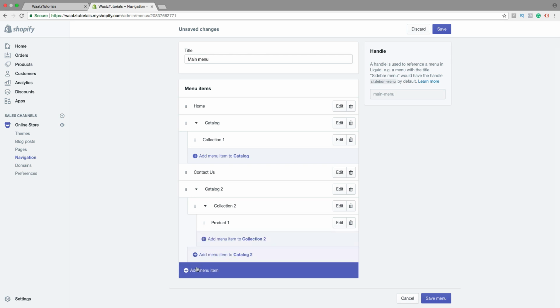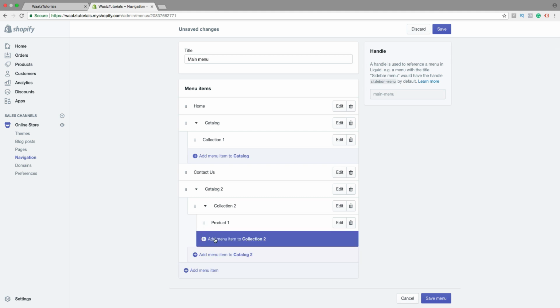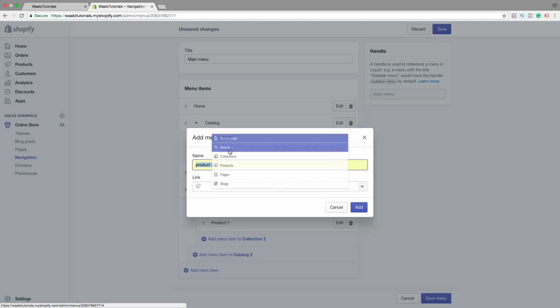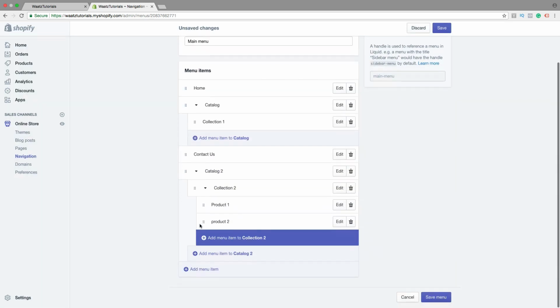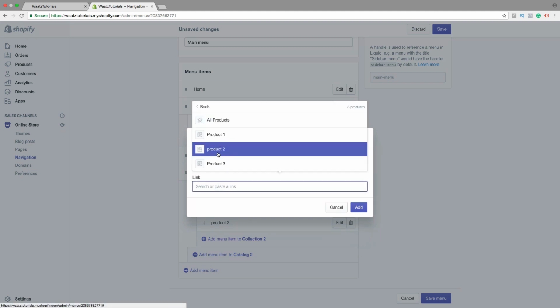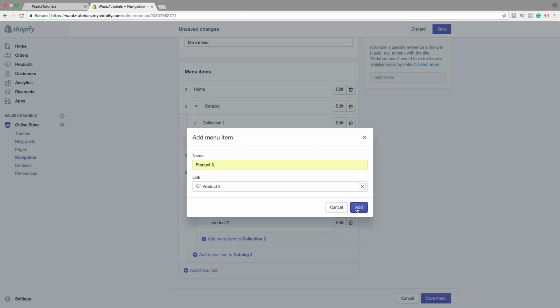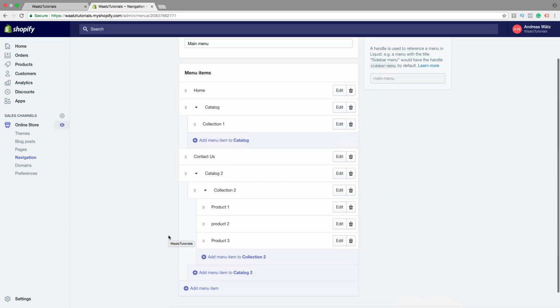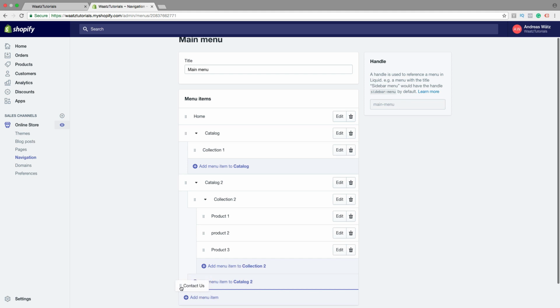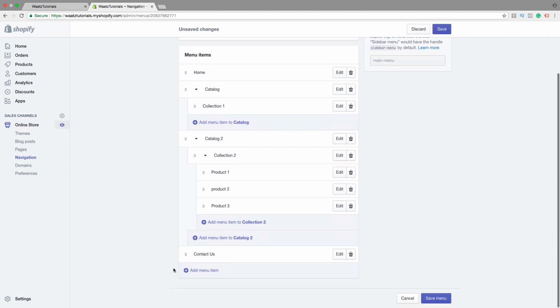So instead of clicking add menu, drag it up and one step to the right. You can now just click right here and add other products. So number 2, click on add, choose another one, products, and number 3, click on add. Okay, I'm just gonna move contact us to the bottom like that, then click on save menu.